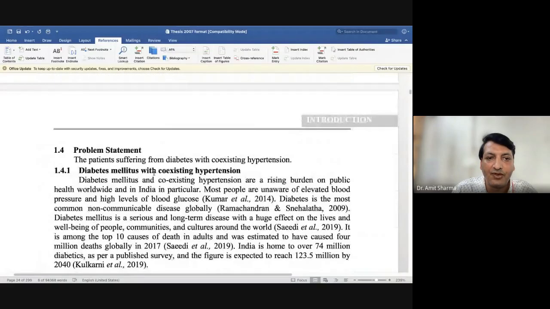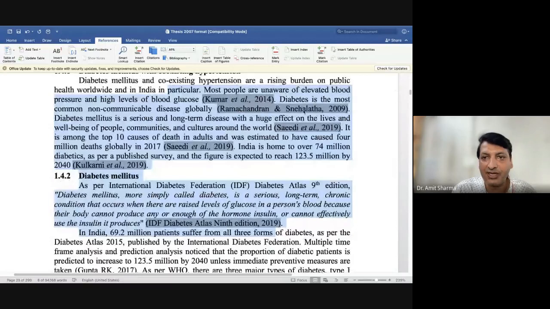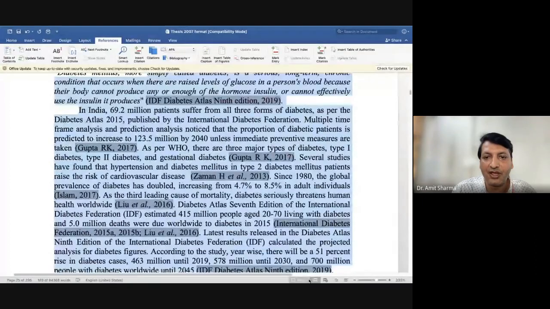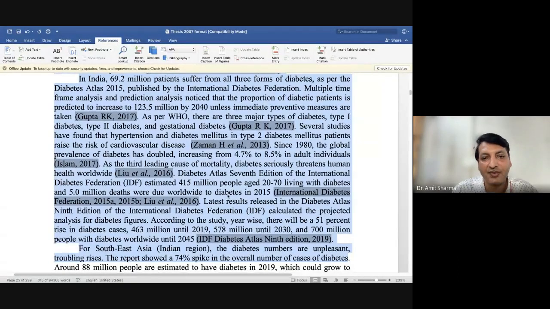Once classification is over, if you're working on a particular disease, write the definition and classification of that disease by quoting a reference. So see, wherever you're seeing a black color, these are all references which have been added. See how many references have been added after each paragraph, or wherever I have a full stop, a particular reference has been added.